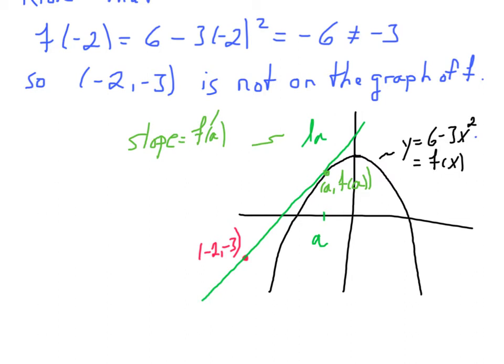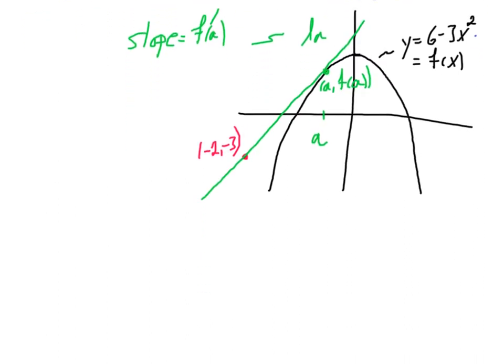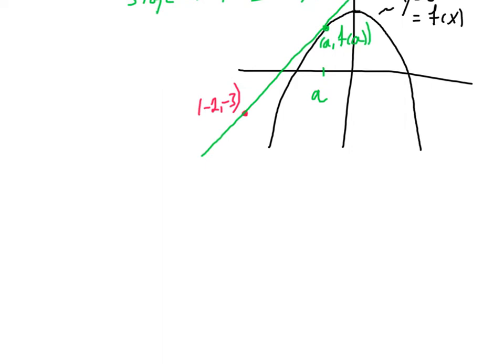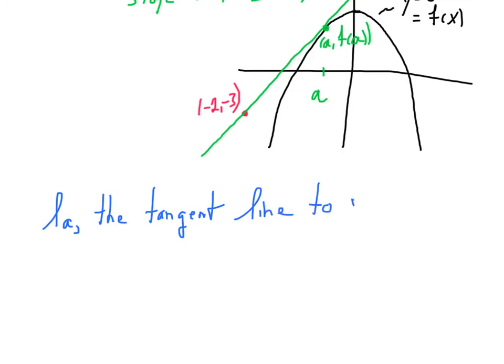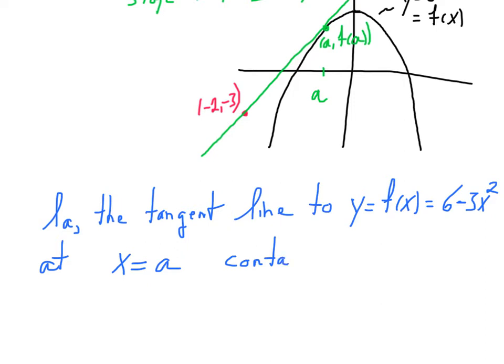So let me just write that down in a sentence then. And here we go. Back to blue. All right, so L sub a, the tangent line to y equal to f of x, which in this case is, as we said already, 6 minus 3x squared, at an arbitrary point x equal to a, well, we know that it contains the point